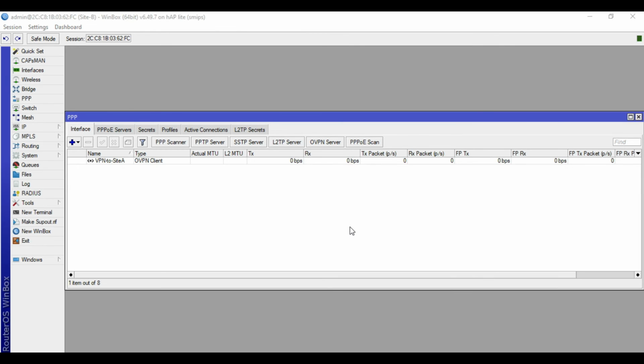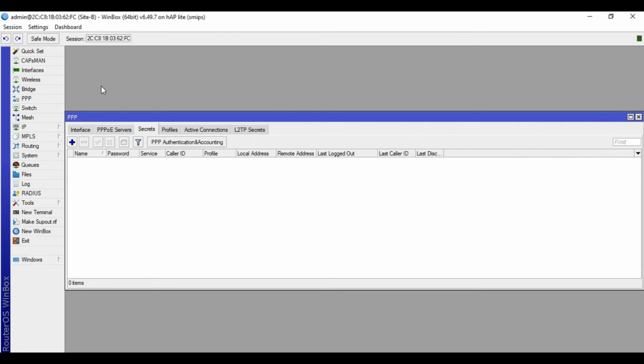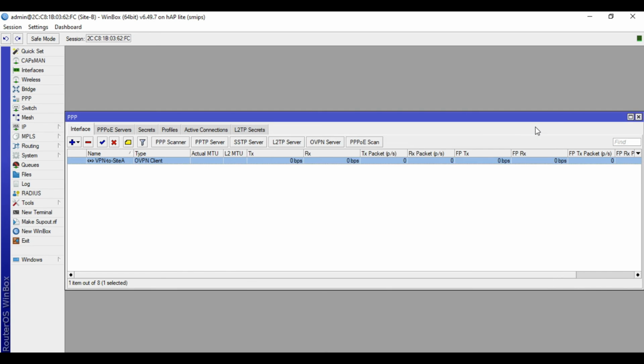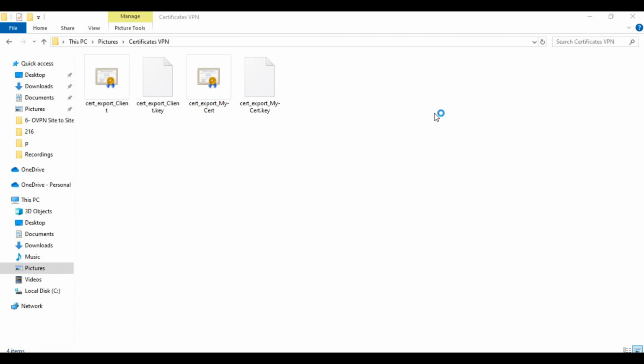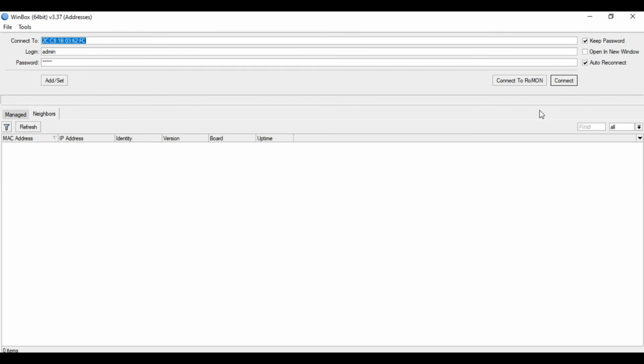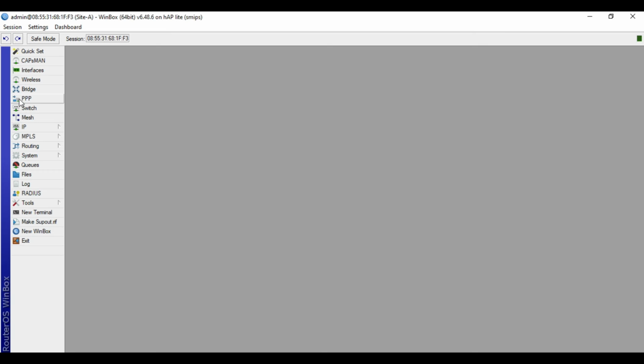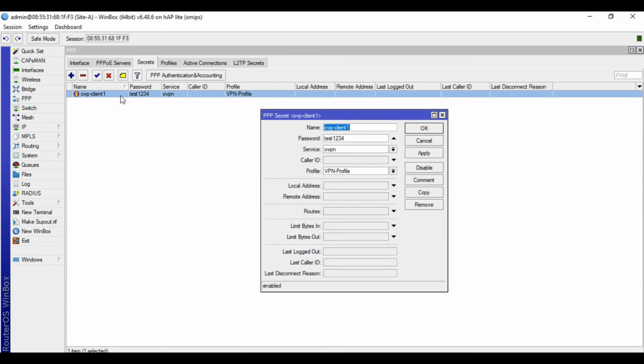Let's wait for it to be connected. Let's check the credentials. It might be wrong. Here in site B, go click this one, OVPN client. Let's verify in site A. Let's go to PPP, secrets.